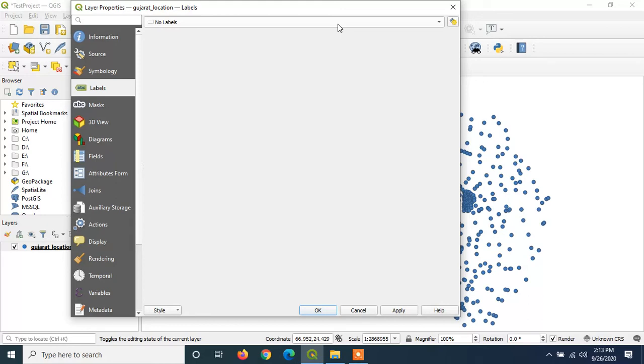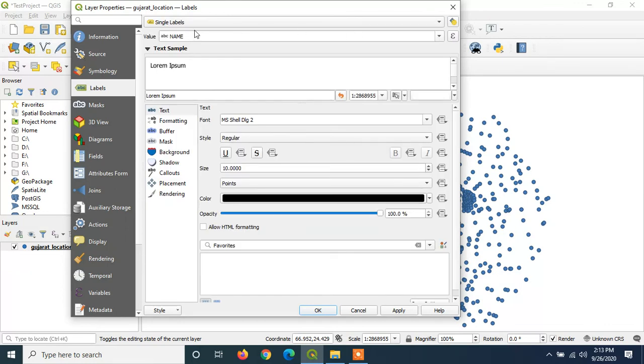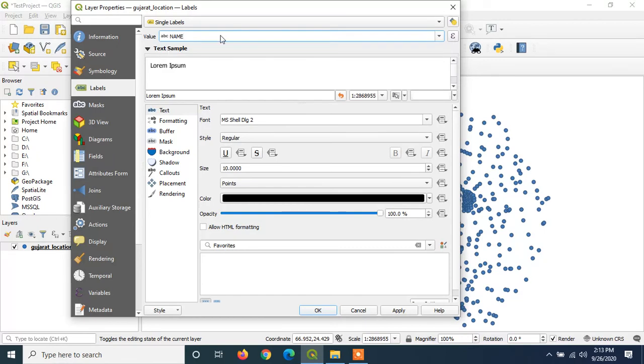Right now there are no labels, so labels are not displayed on the dots. Now I want to display the label, so I am selecting single labels. Here you can select the name of the field which you want to display on this dot. I want to display the name of the place, so I have selected name.